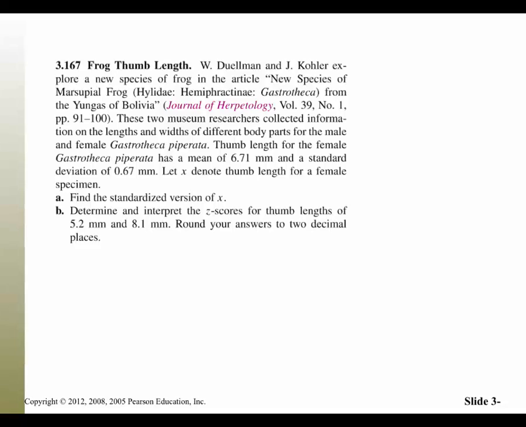Okay, so try this. I'll just give you the information here. It says this is the lengths of thumbs of frogs, and they say the mean is 6.71 millimeters, and the standard deviation is 0.67 millimeters. So in general, how can we get the standardized version of x? Z equals